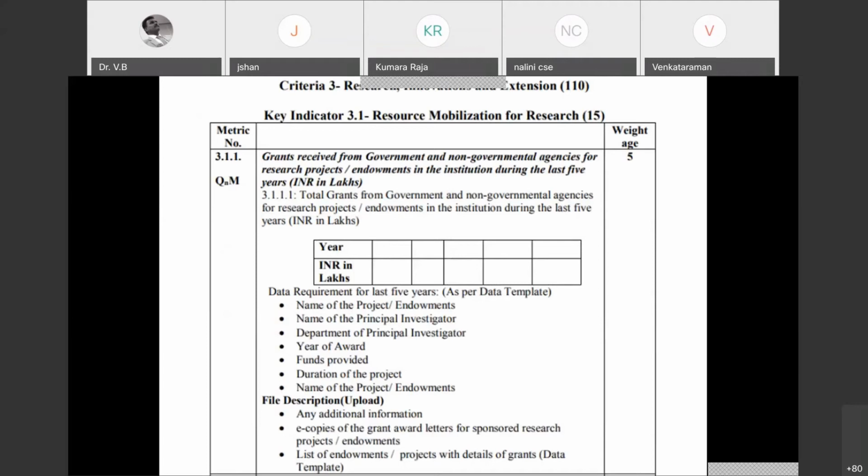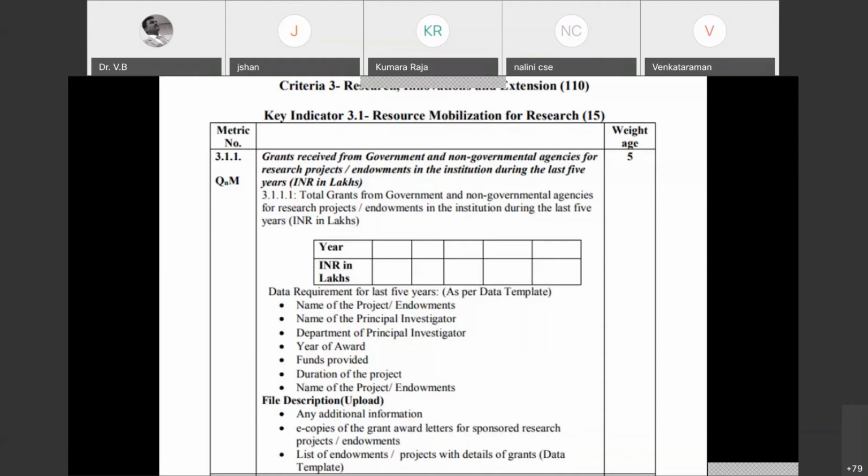So the first key indicator in this is that they are asking you for the grants received from government and non-governmental agencies for research projects. Here year-wise data you have to give for the last 5 years, and since it is a quantitative metric, there is a data template which I'll be sharing with you. The data has to be entered in that template, which includes name of the project, who is the PI, co-PI, what is the department,